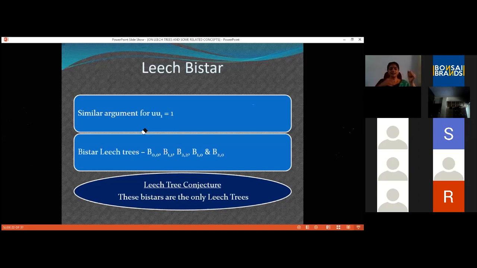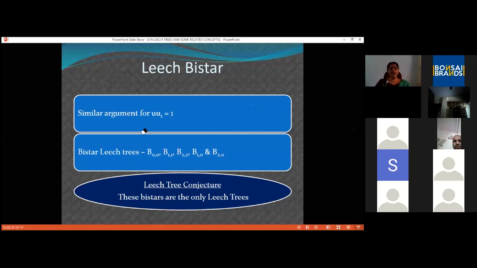And then comes B10, assigning 1 pendant edge towards one end, and the other does not have any pendants attached to it, and that is nothing but P3. And then comes B20, that is assigning 2 pendant edges at one end and no pendant vertices are assigned towards V, and this gives me K13.